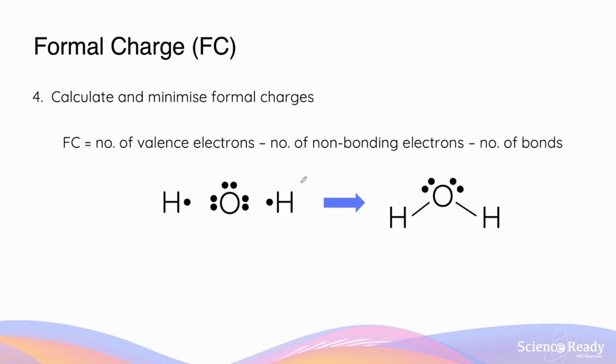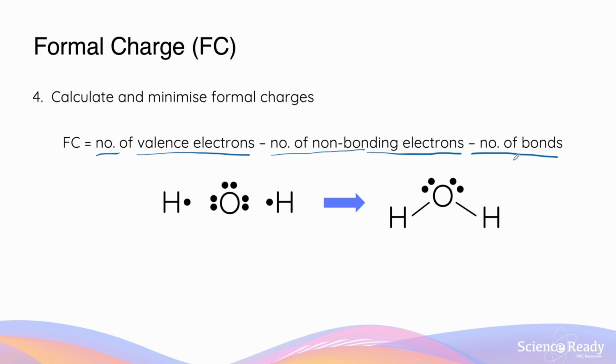Formal charges refer to whether the atom in the molecule has a positive or negative charge. The way we calculate this is by taking the number of valence electrons the atom has, minus the number of non-bonding or lone electron pairs that the atom has after forming bonds, and then minus the number of bonds that